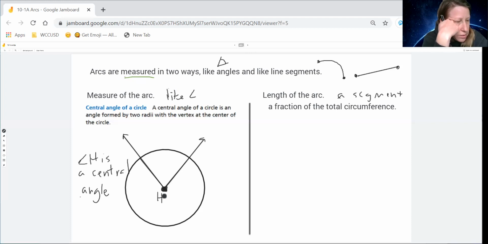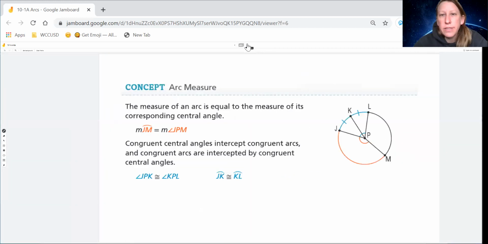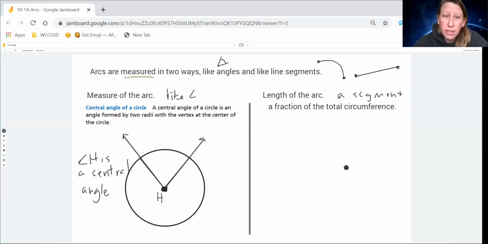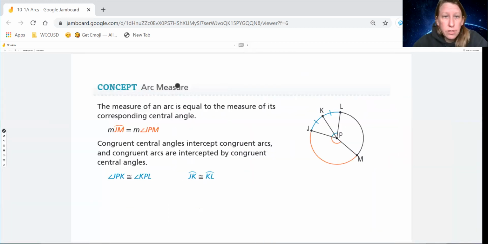Its vertex is on the center. And if I know the measure of this angle, then I know the measure of this arc. So the other way to measure the arc is by the length. And the length is going to be whatever part of the whole circle it is. We'll get to that. So if I ask you for the measure of the arc, that's the same as the